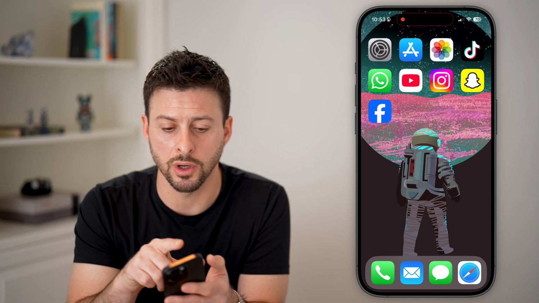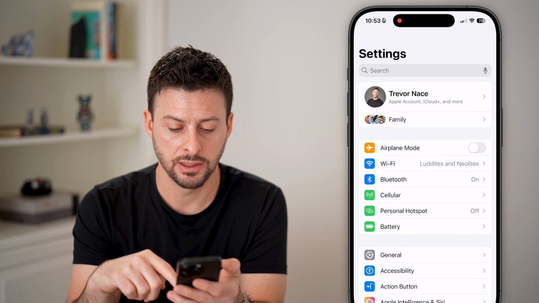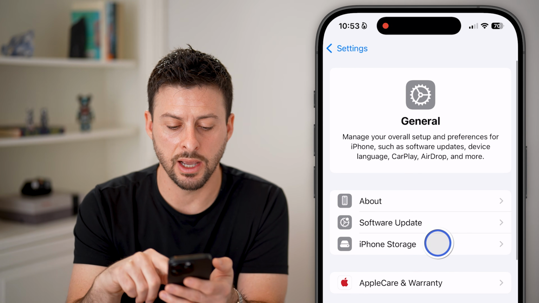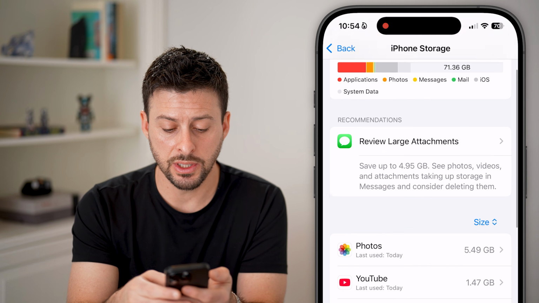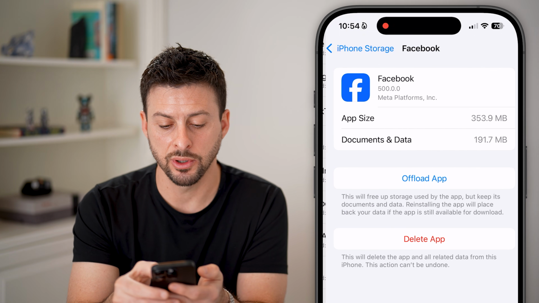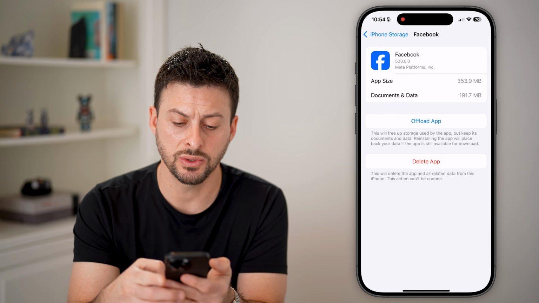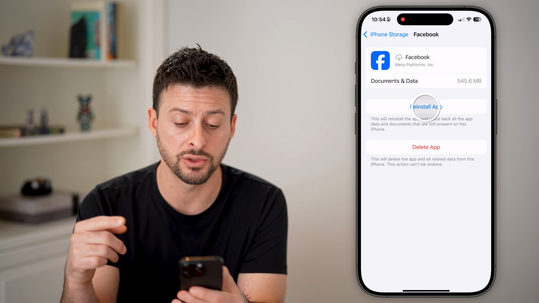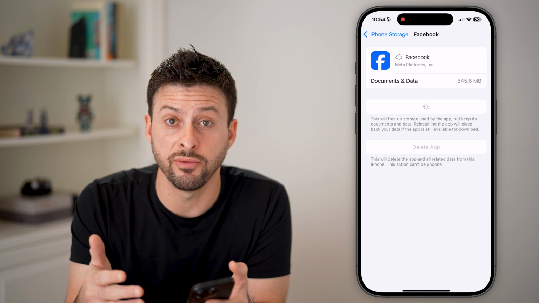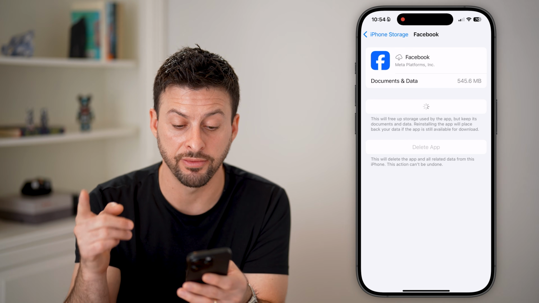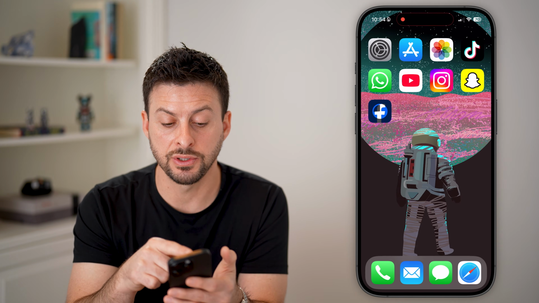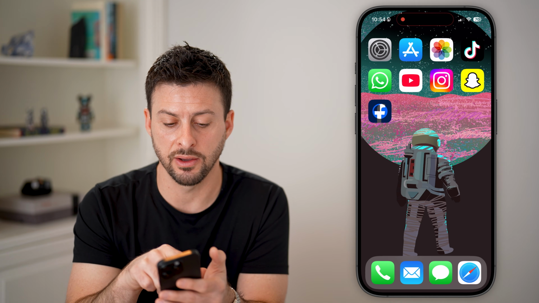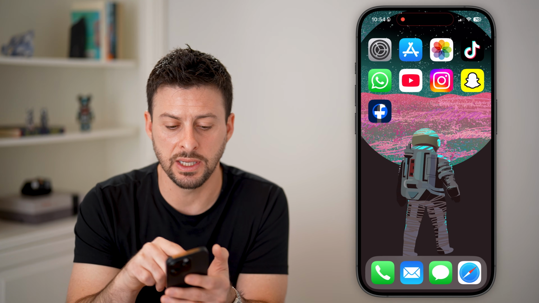If it still doesn't work, let's head into the settings, tap on general, and then iPhone storage. From here, all we need to do is scroll down to Facebook and offload this app. This will force update and reinstall the app. It will keep all of your documents, but delete all the cache and force update it. After it's done updating a new version of Facebook, just open it up to see if it is working at